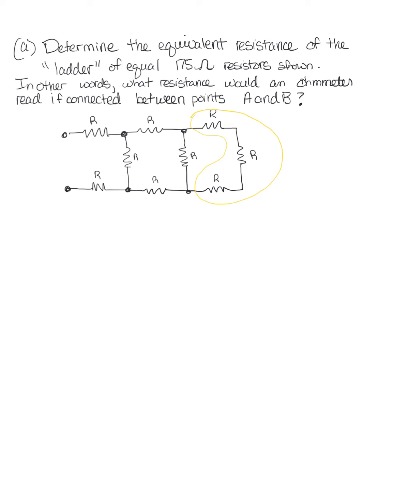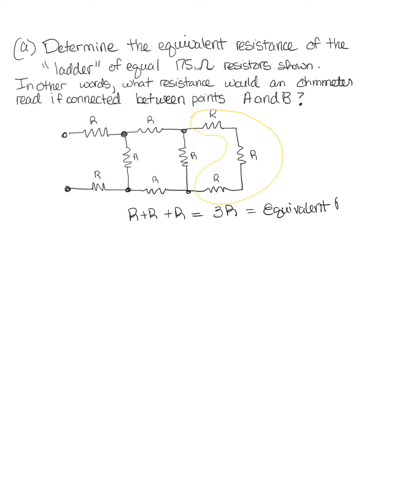We have these 3 resistors right here that are in series. How you can tell if it's in series is that if I had current going right here, it doesn't have a choice. When you get here, it has choices, it can go there or there. But when we break it up into these little manageable sections, there's only one option for current to flow through. If you see current having a choice, you know that it's in parallel, and we'll get to that in a second. When you add resistors in series, you just add them linearly, so we have R plus R plus R, which is going to give us, you guessed it, 3R. So this is our equivalent resistance,